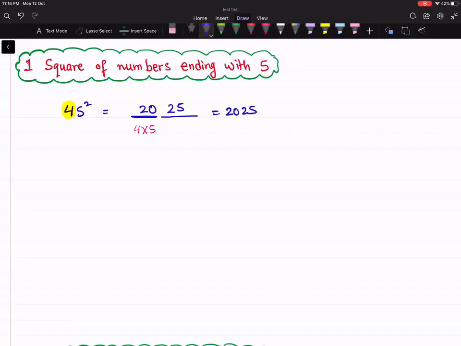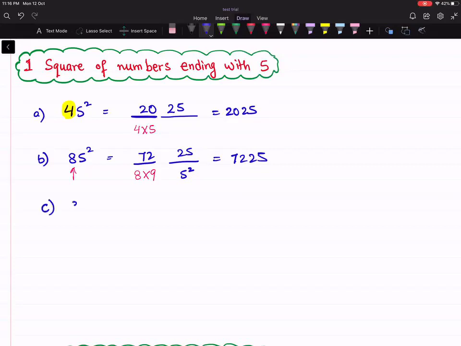Let's take one more number in here. If I'm interested in the square of 85, now the last two digits are 5 square, which is 25, and the digits before that will be based on this number, right? 8 is followed by 9. So 8 nines are 72. So the first two digits will be 72 and my answer is 7225, right?